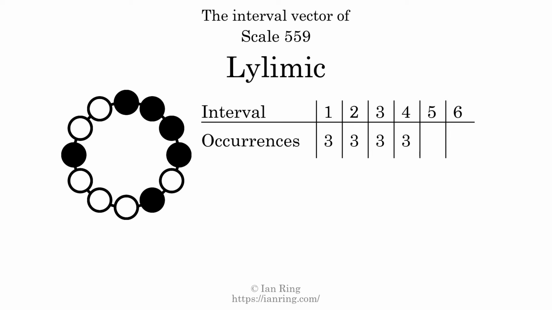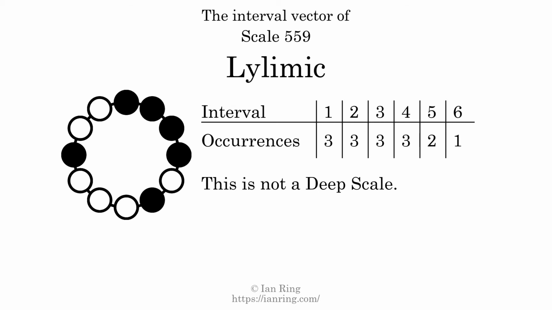There are 3 intervals with the size of 4 semitones. They are here, here, and here. There are 2 intervals with the size of 5 semitones. They are here, and here. There is 1 interval with the size of 6 semitones. It is here. Each interval does not appear in this scale a unique number of times, so this is not